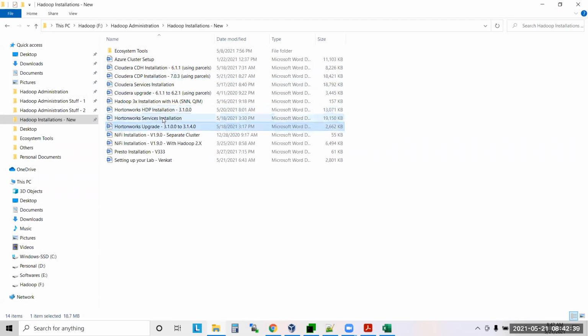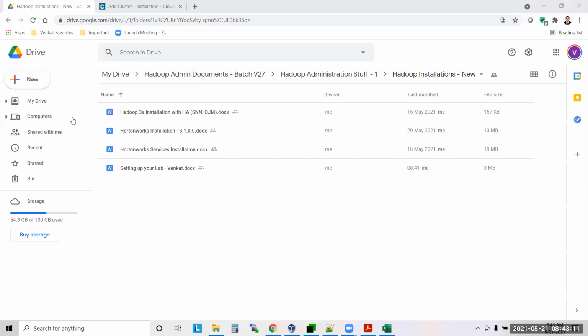Clear? Cloudera CDH upgrade. So I need to give CDP upgrade, I'll give, not a problem. Cloudera service CDH service installation. So these are the things which I need to upload now.